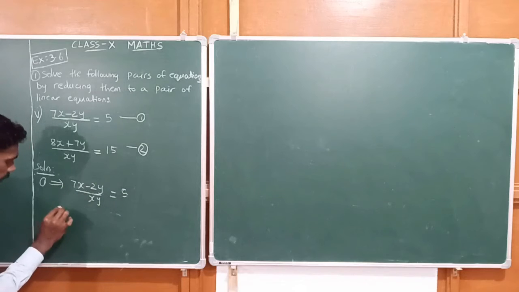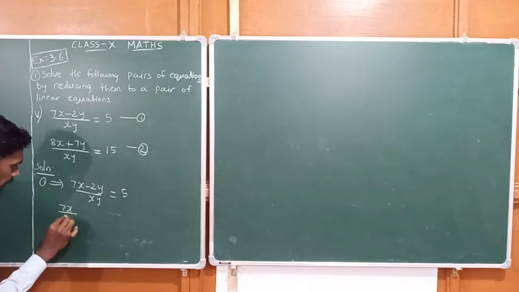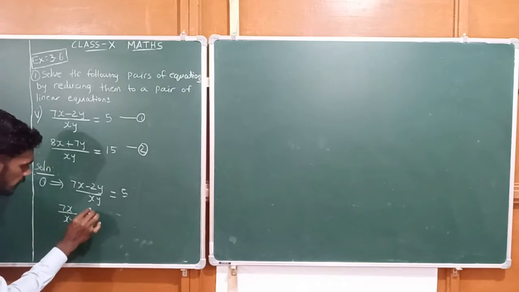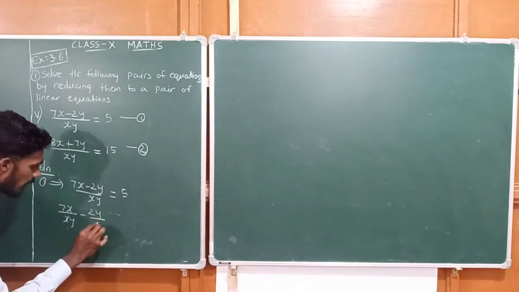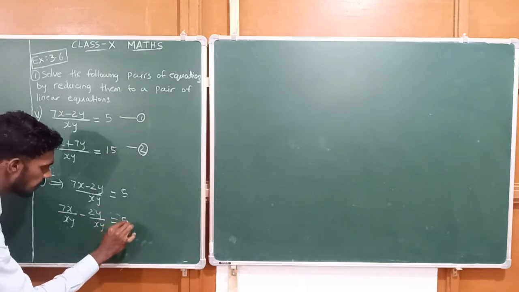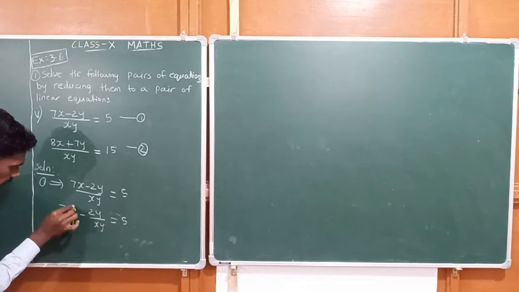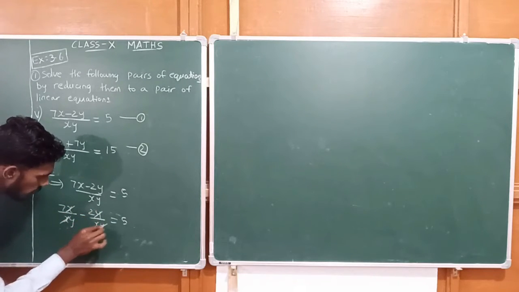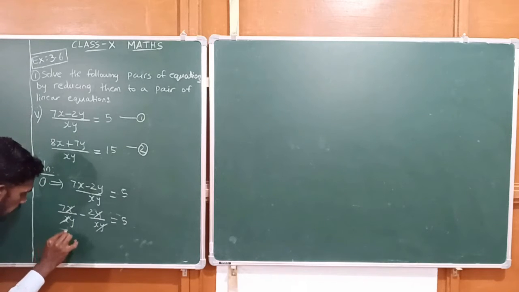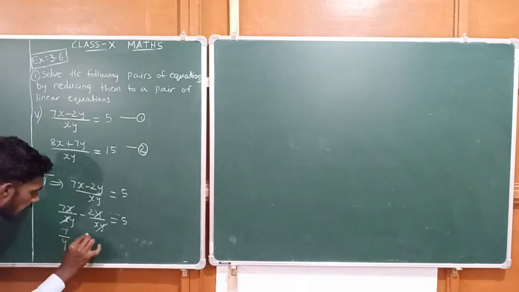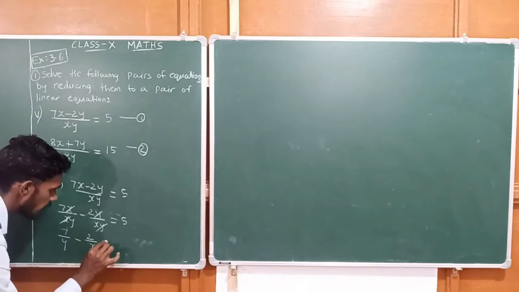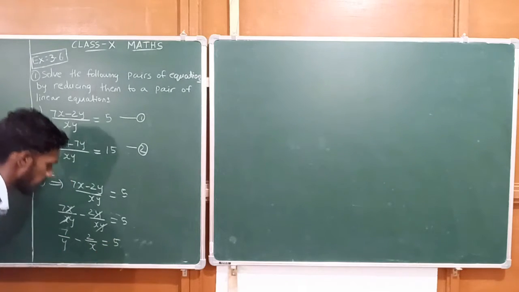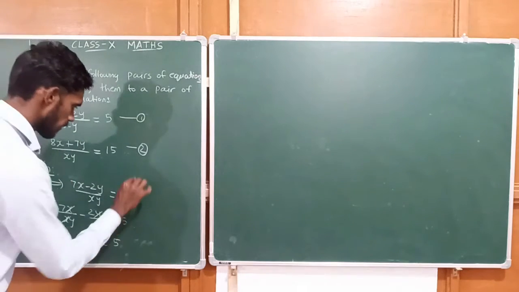I am going to split the numerator. It is 7x by xy minus 2y by xy is equal to 5. In these terms, this x and this x can be cancelled. Here this y and this y can be cancelled. So it becomes 7 by y minus 2 by x is equal to 5. This can be reduced as,